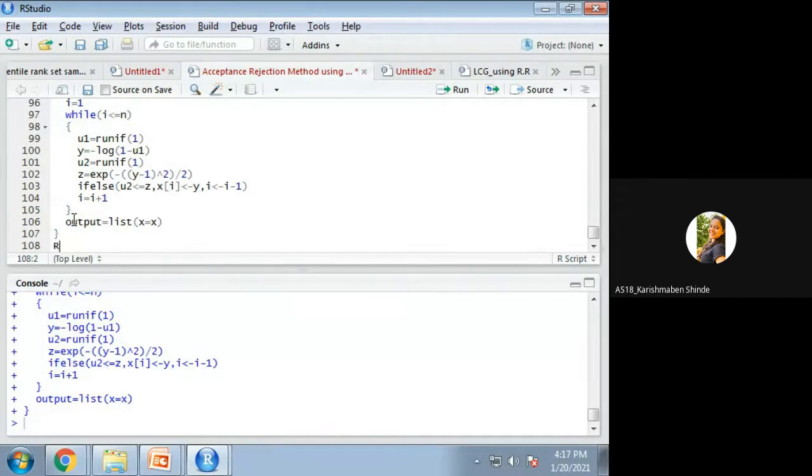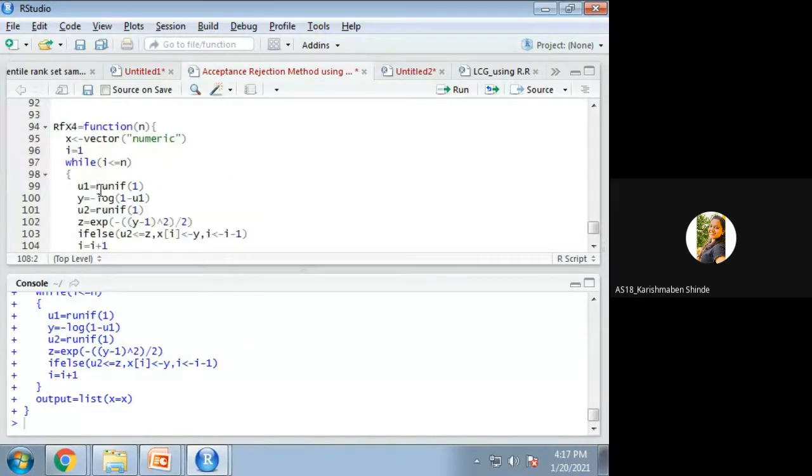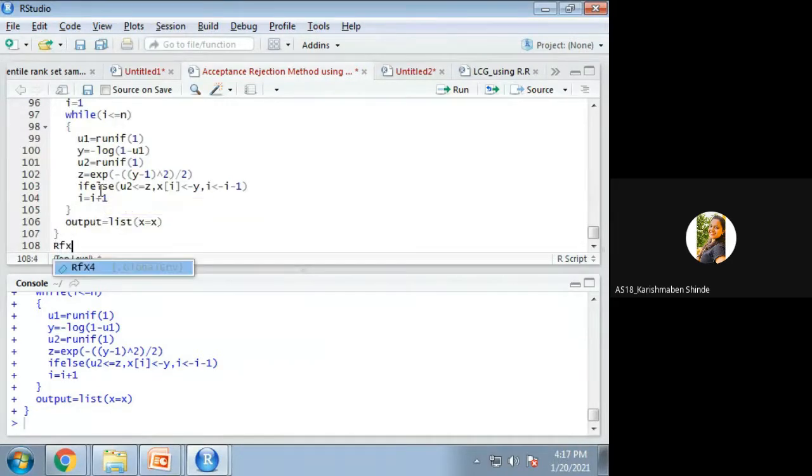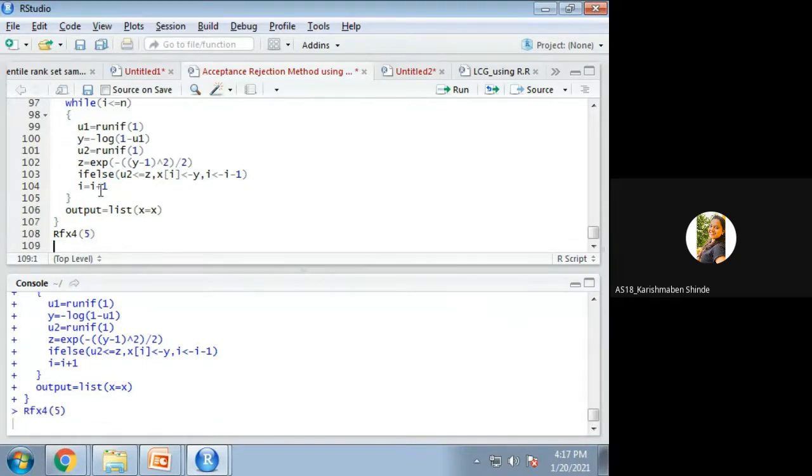Okay, now I am giving the R function name, what I have written, rfx4. How many to generate? I wish to generate 5 random numbers.